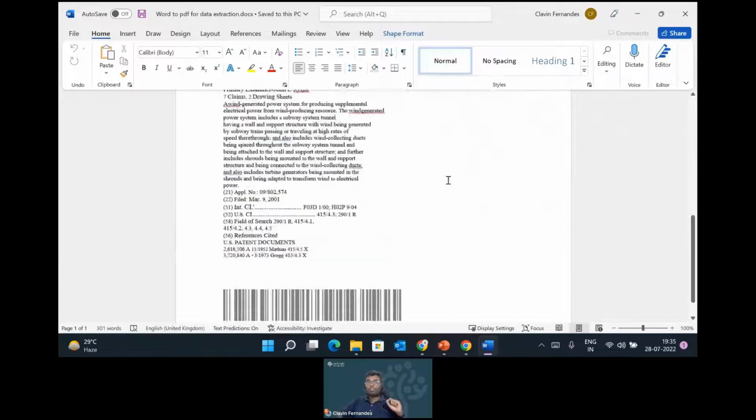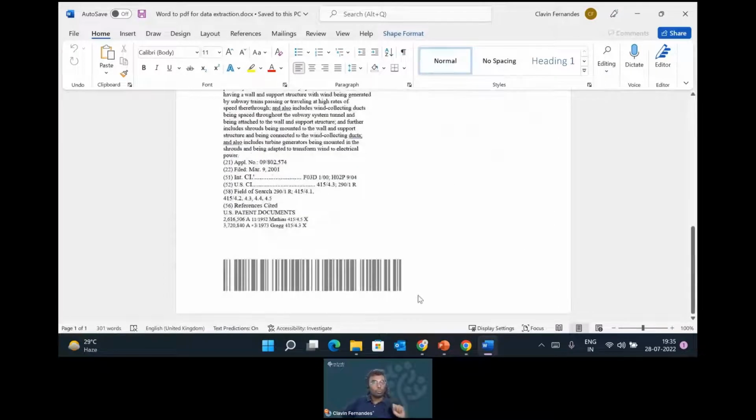And if I scroll down, he tells me there's also a barcode that he wants to extract. And then once everything is extracted, he wants the document to be in a PDF format. And when I say PDF format, it is the best format from the security perspective and also from the printing perspective, right? So he wants it to be in a PDF format and it should be secured. The third part: if I share it to a third party or any other resource, they should not manipulate my